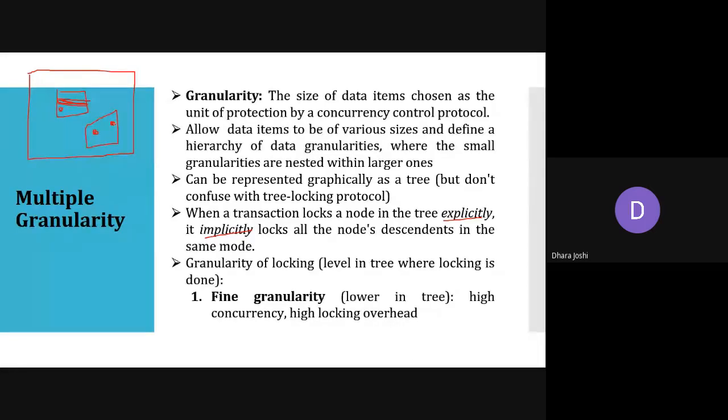So it will provide you high concurrency and high locking overhead. Coarse granularity will be higher in a tree, and it will provide you low concurrency and low locking overhead.